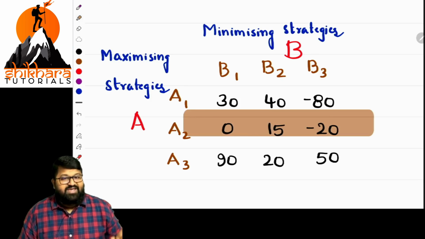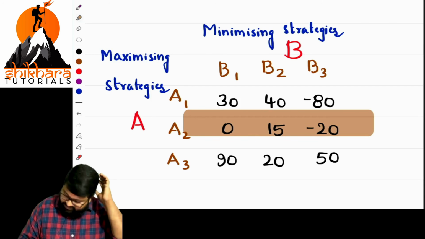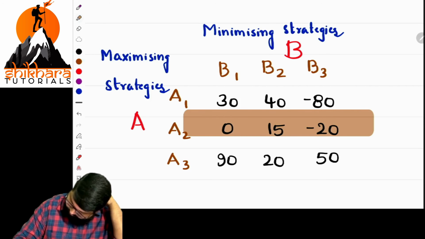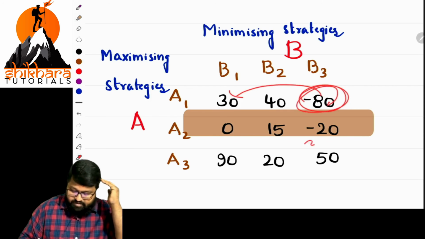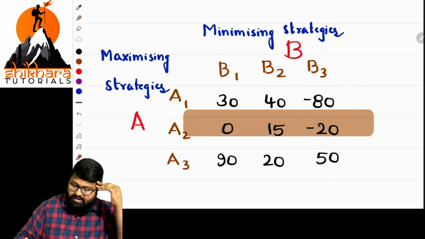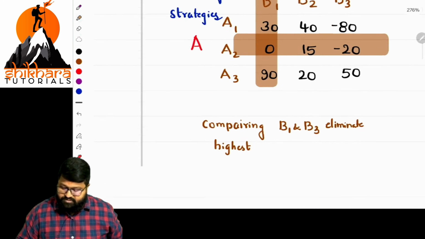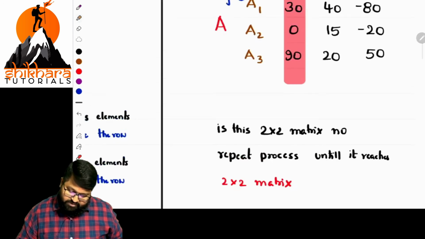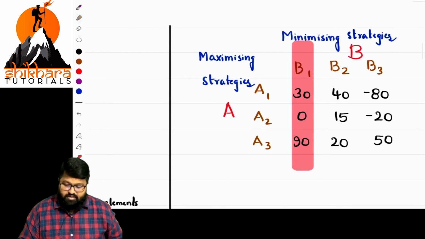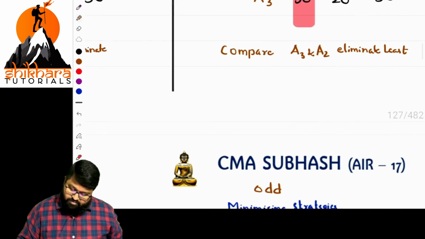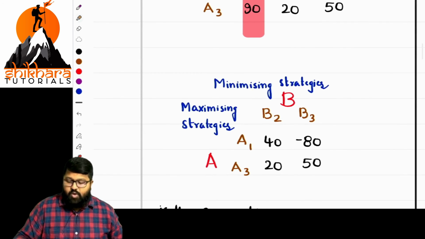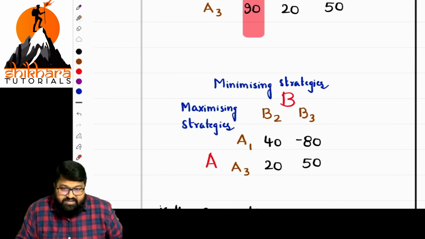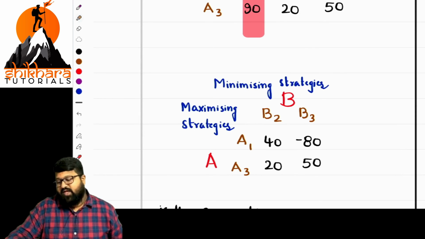In the case of columns, the highest value should be eliminated basically. So what is the highest value? This is highest because of minus 18. Automatically we can eliminate which part now? B1 is eliminated. Now it is a 2 by 2 matrix. Is it clear? So let us see the steps we have done there. He eliminated the other part. Done with elimination. We are left with what now? Now we have to check the saddle point. When we check the saddle point, what is the point there? What is the least value?